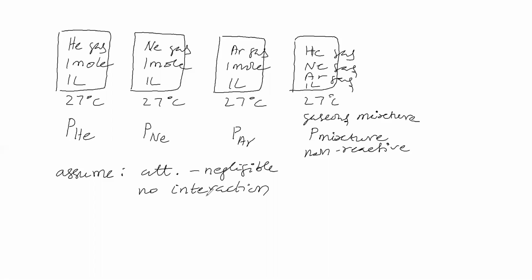Now we will come to an idea about the pressure of the gas mixture, the pressure of helium, the pressure of neon, and the pressure of argon. Among these, what is the relation if we go for an assumption that there is no interaction among gaseous molecules? That means the pressure of helium, pressure of neon, pressure of argon, and pressure of the gaseous mixture. What is the relation, do you think?